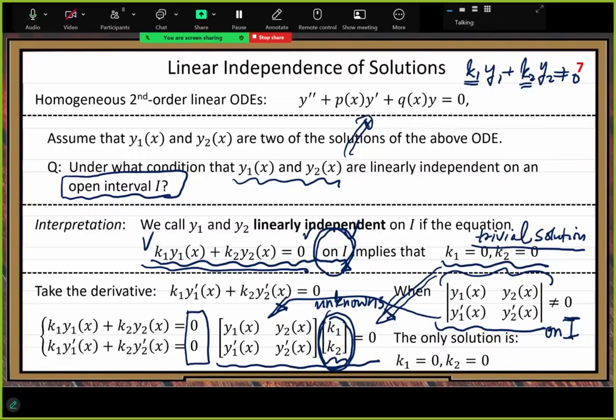That means your y1, y2 solutions are linearly independent, by definition. So your y1, y2 solutions must be linearly independent if this determinant is not equal to 0. Then the other way, if the determinant equals 0 on I, on that whole interval I, then your conclusion is,